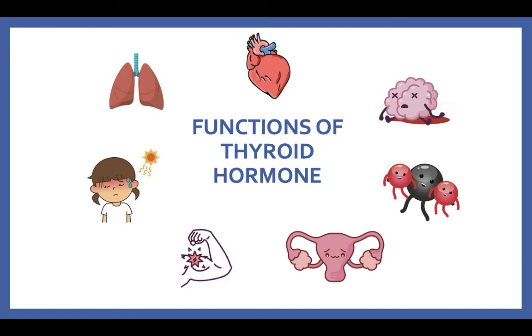For the lungs, thyroid hormone is responsible for stimulating the respiratory center, which increases the respiratory rate, and it's also very important in the production of surfactants in newborns. Surfactant is a substance that is produced by our alveolar cells, and we need the surfactant in order to prevent the collapse of the alveoli. If you are deficient in surfactant production, then it could result in acute respiratory distress syndrome, which can be very lethal to newborns. And it is also responsible for regulating your thermogenesis and maintaining a core body temperature.